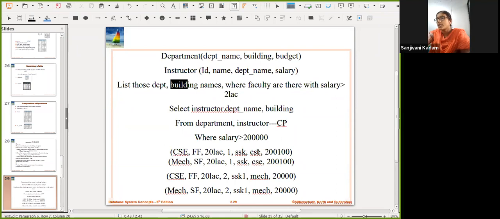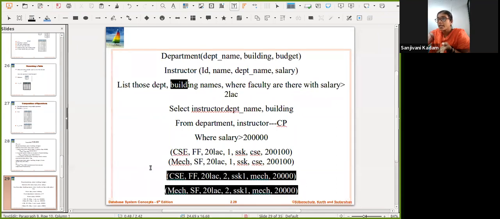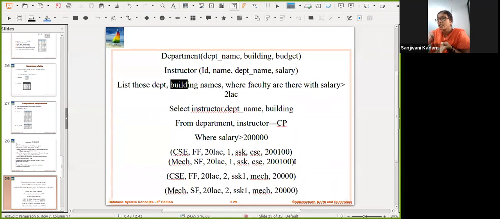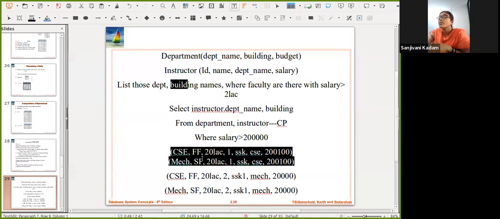So what condition do we need to check? We need to check the CSC and the instructor's department name, and whether the department name is equal. If this is the case, then I can display that yes, this is the expected output. If this CSC and this mechanical are not matching, it means that this cannot be a part of my output. Again, here I'm not satisfying the condition of the where clause and also not satisfying this condition of the where clause. It means that these two tuples will be qualified at the first condition. At the first condition, these two will be qualified as an output, but this is insufficient.